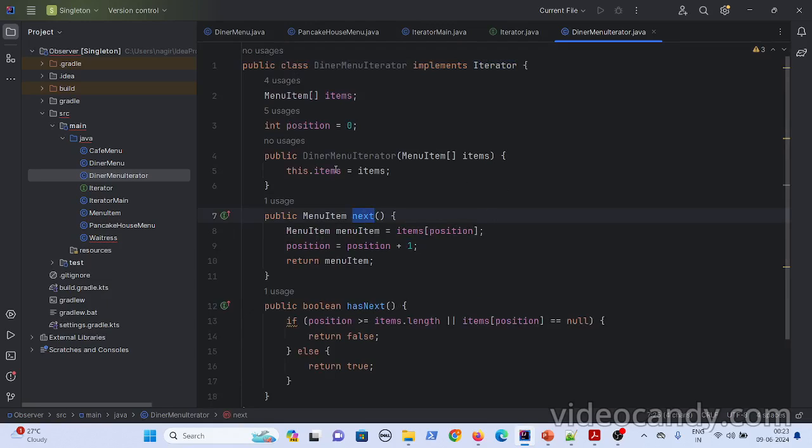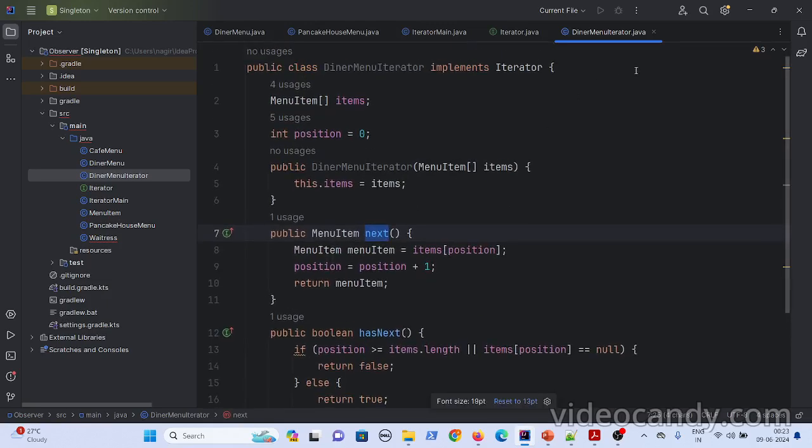Whenever you create an instance of the dinner menu iterator, it will pass all the dinner menu items, and then it will keep track of the current position. Now if you see the hasNext method and the next method, you remember, right?